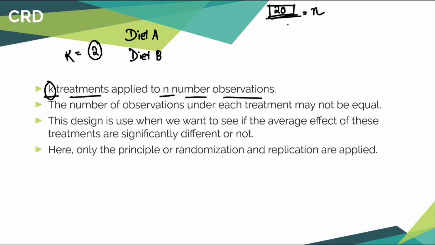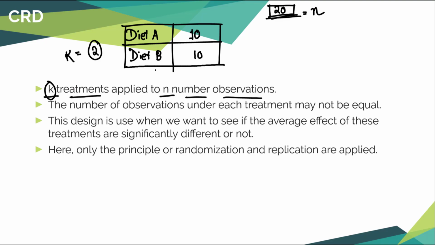So out of these 20, one way is that you will equally divide 10 people for diet A and 10 people for diet B. That is one way. You will give diet A to 10 people, you will give diet B to 10 people. At the end of 1 week or so, you will collect the data of their gain in weight, right? That gain in weight is called yield, right? And every person in these 20 is called an experimental unit, right? This diet A and diet B are treatments, right?